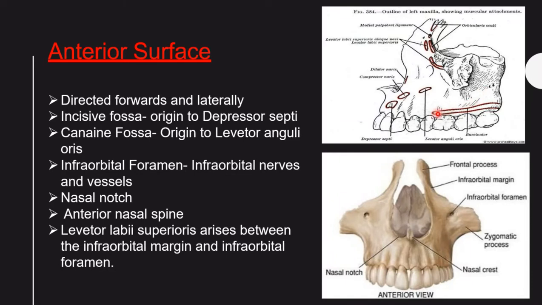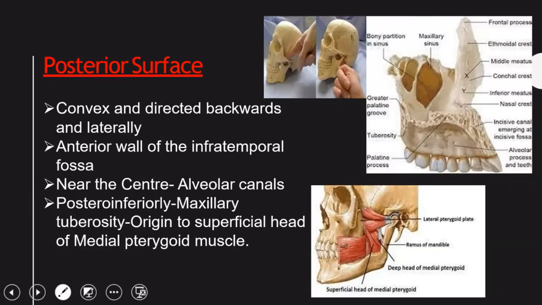Next, it is the buccinator muscle that is attached to the lateral part of this maxilla from the tuberosity till here. So you could see these are the molars and these are the premolars. Once again, zygomatic process. This is the nasal crest that you could see. This is a nasal notch. So when you have that, this particular aperture is called a pyriform aperture in the maxilla.